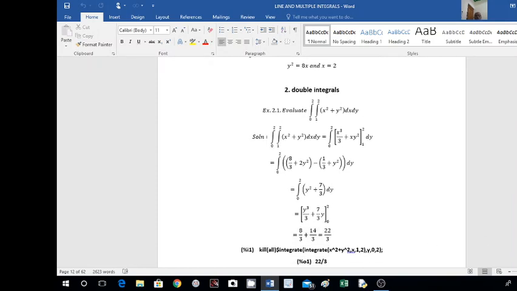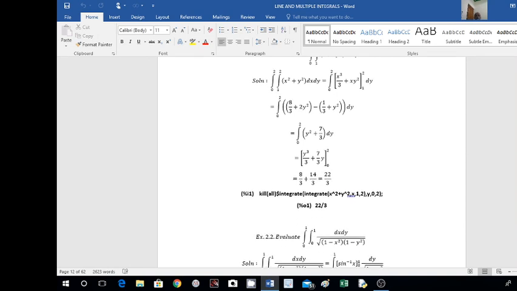And we can verify this result with Maxima. So for double integration, the command is: we have to write integrate, open the bracket, integrate, open the bracket, write the function to be integrated. In this case we have x square plus y square. Now first we are integrating with respect to x, therefore here we write x, and these are the limits of x, 1 and 2. Close the bracket, put a comma, then integrate with respect to y. Here write y and write the limits 0 to 2.